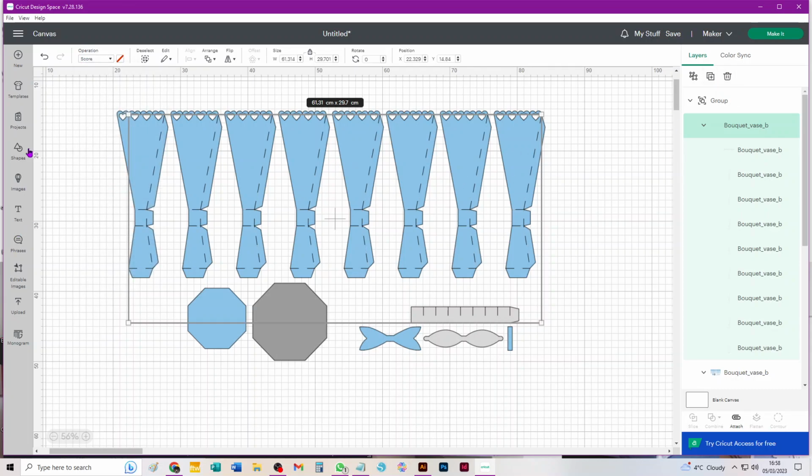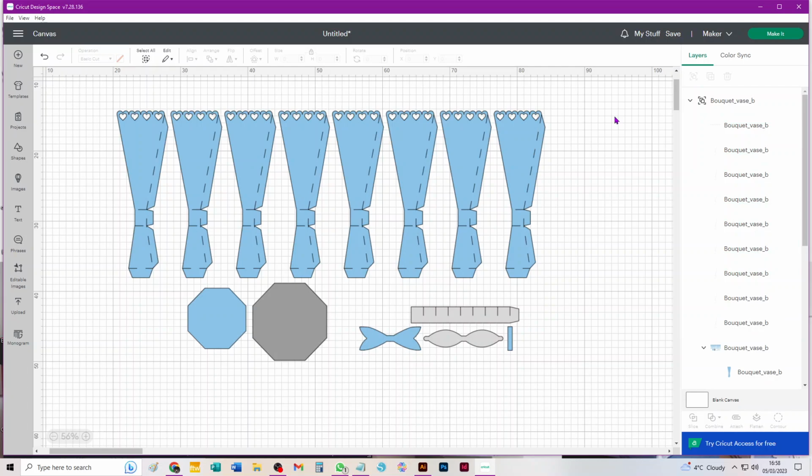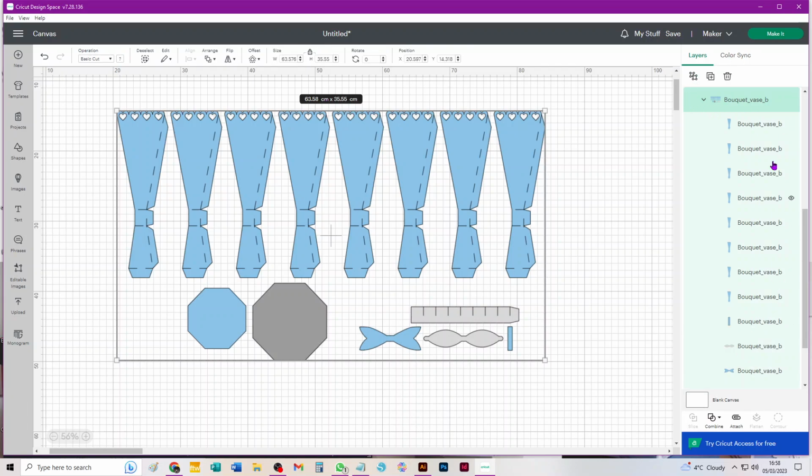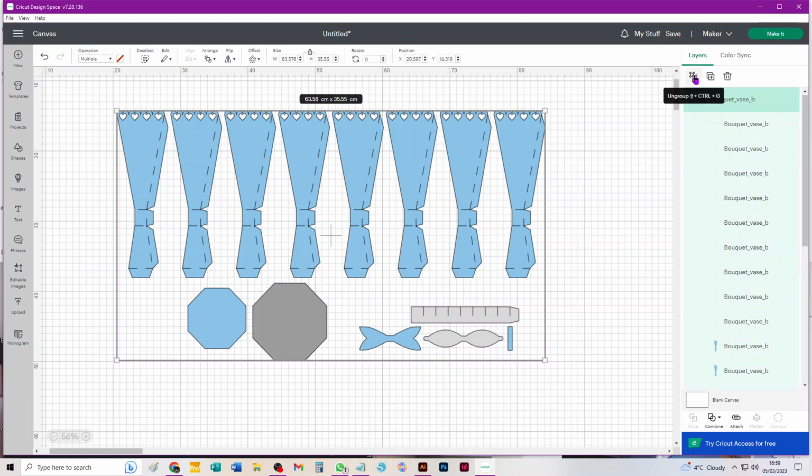And now, because you've got more than one piece here, we have to ungroup them. So when you've got this little symbol here, it means it's a group and you've got to ungroup it. So we'll ungroup it. And again, if you do it in this order, scores, cut pieces, whole SVG, everything stays in the right place in the layers panel. So click on that subgroup below now, which contains all the cuts, and all we do there is ungroup. And then click on that final group that's still there in your layers panel, which is everything on canvas, and